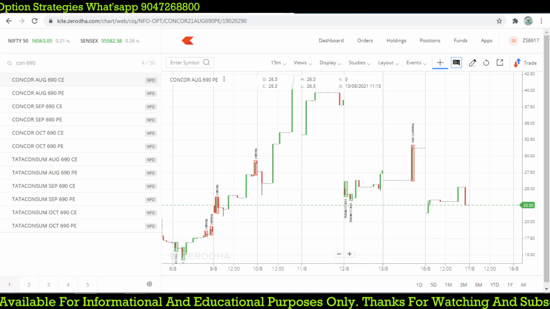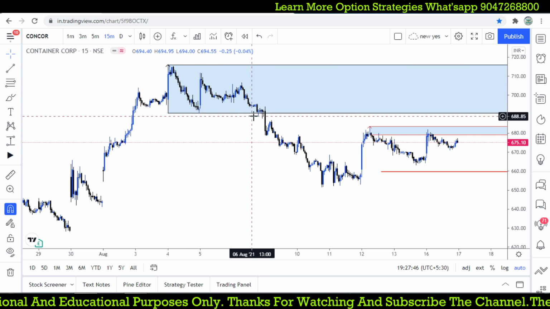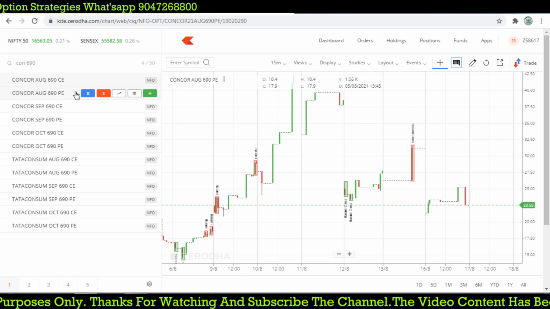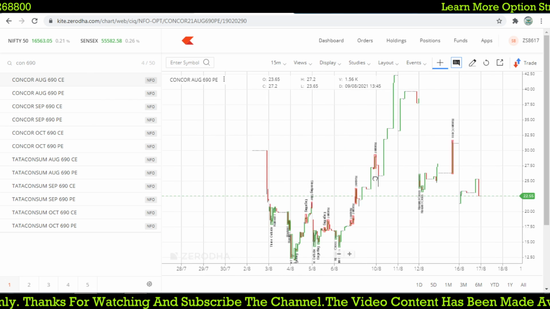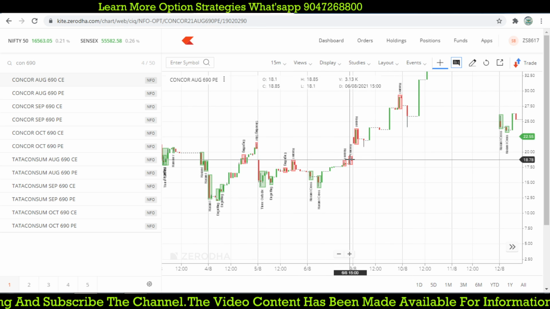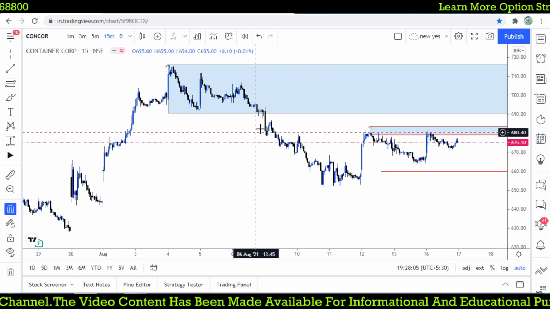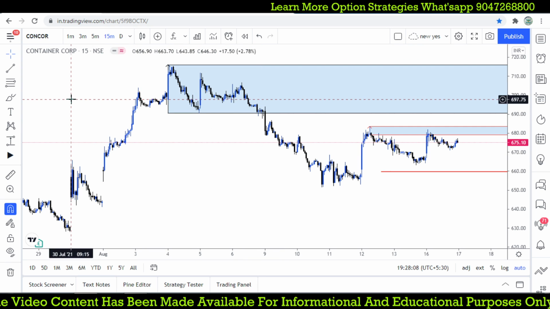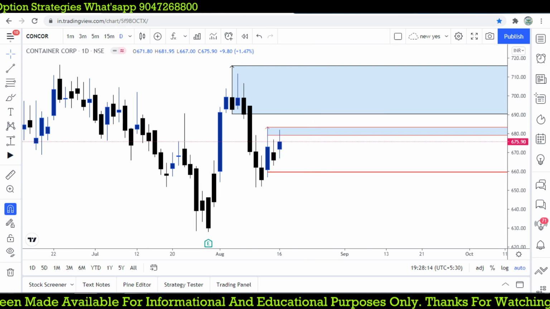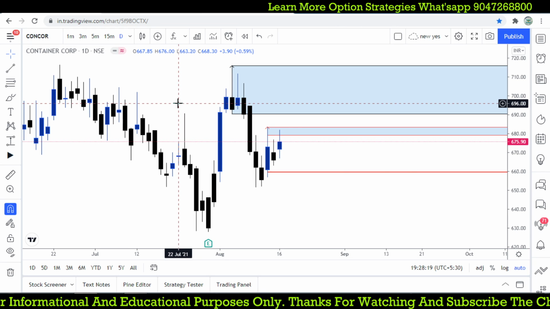The 690 put option price was triggered around 3 o'clock on 6th August. Okay, let's go for the 690 put option on 6th of August, and the closing hours may be 4, 5, 6. So on 6th of August the price is 18 and it moves towards 42 rupees. Again, such a great profit from Container Corporation on the daily time frame, right? So whenever the candlesticks always give you such great information about whether the market is going to reverse or not.